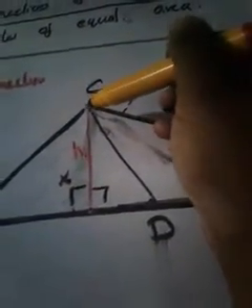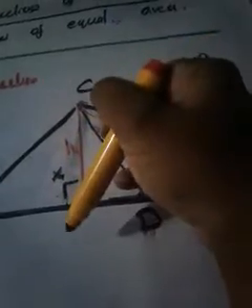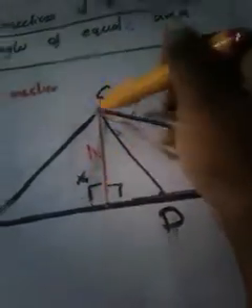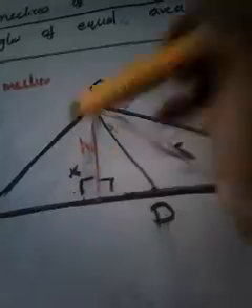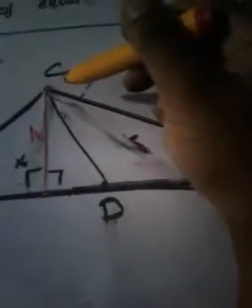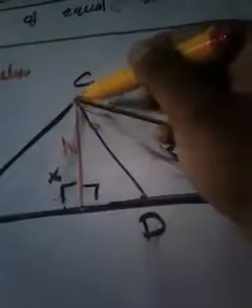I am repeating: in this triangle, in order to draw a height inside is impossible because the height should be perpendicular towards the base. Then what can we do? We already discussed that in that case, we have to produce the base towards the left direction. Then from C, you can draw a height towards that. That is already marked there as h1 in the first triangle. In this triangle, if you want to draw a height, you have to draw in this way only because it is already produced. So is there any need to draw it again? No, because it is already marked there as h1. So we can mention that height as h1.